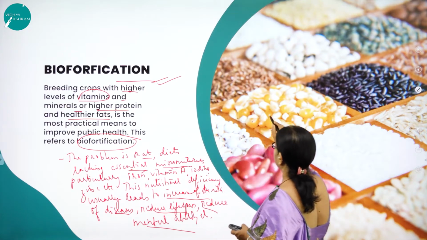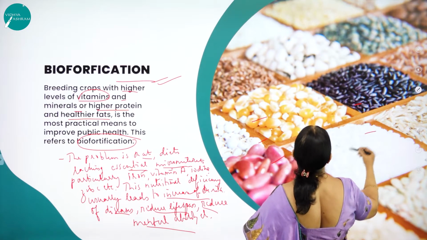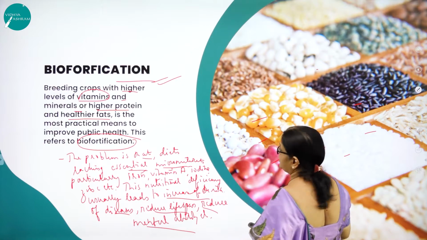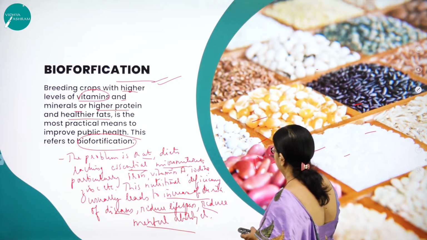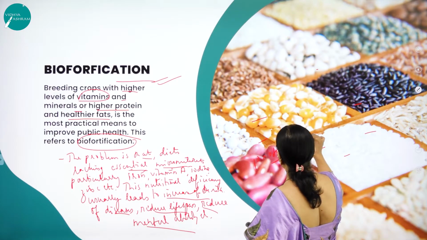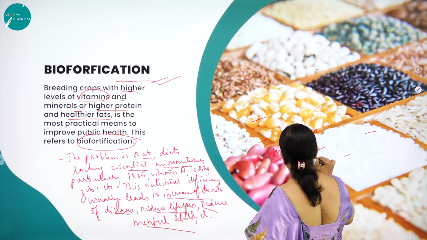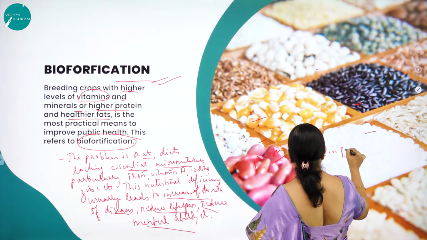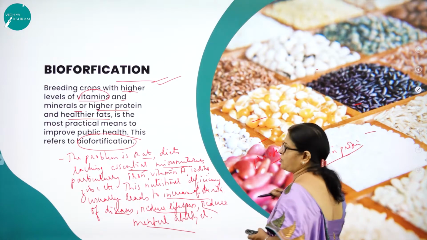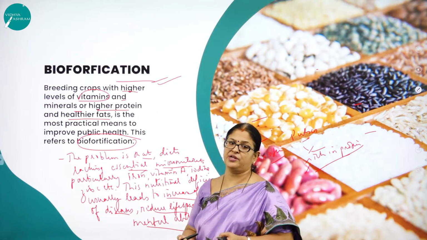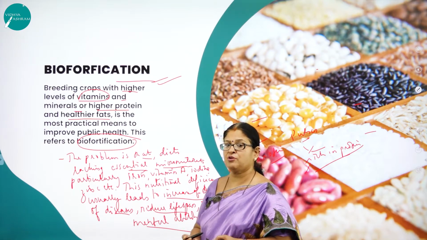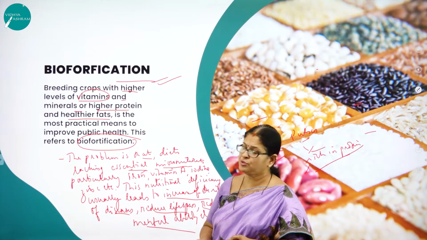Here you can see the different types of cereal crops that are produced, right? So all these are what? Very, very important proteins. You know, the pulses are very rich in proteins. So when you develop a crop which is very rich in protein and all other important micronutrients, then definitely the person will not be at risk of being prone to diseases.